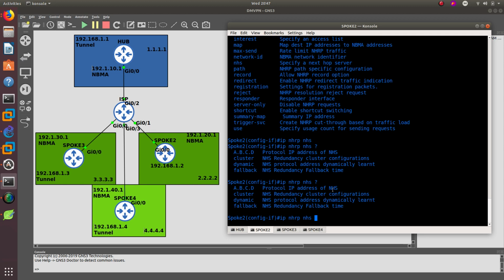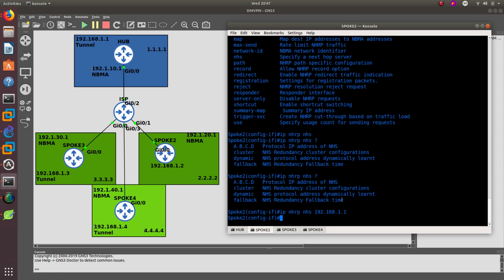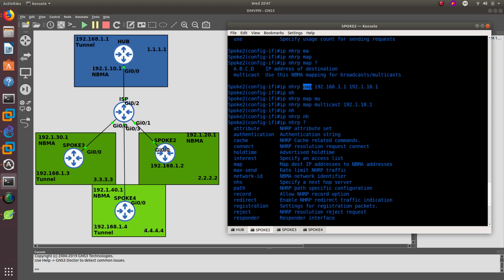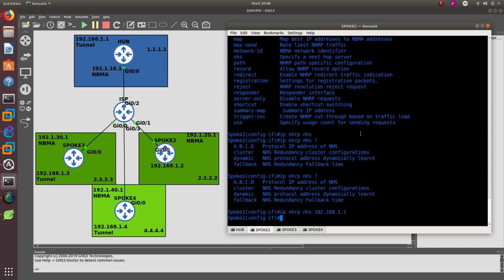address of the NHS, so that means that we need to add that tunnel IP address, 192.168.1.1, and it knows how to get here because we created a map over here, right? It says that if you want to get to this address, you need to go to this NBMA address. Okay,